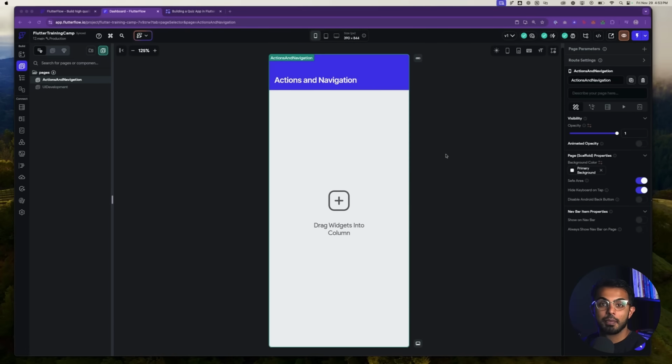So how do you make your app actually do stuff? Well, in the context of FlutterFlow, this is known as an action. FlutterFlow has a very robust action flow editor that allows developers to perform a series of tasks whenever a user taps something, double taps something, maybe holds and drags something. There are many different ways that you can trigger an action in FlutterFlow. And in this lesson, we are going to talk about how to trigger these actions and navigate the action flow editor.